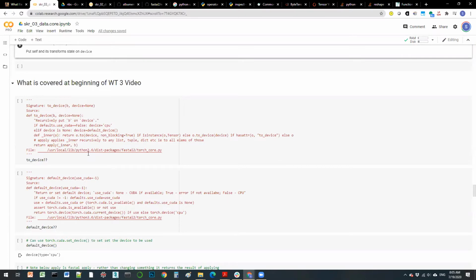I'm sticking with the O3 data core in order to just go through a few items that Jeremy covers in the beginning. These aren't material to the major substance of his video, which is data loaders, plural, and data loader, singular, the two classes of FastAI data loaders that he takes us through the code. But I just thought it would be good to show things that he mentions in the beginning of the